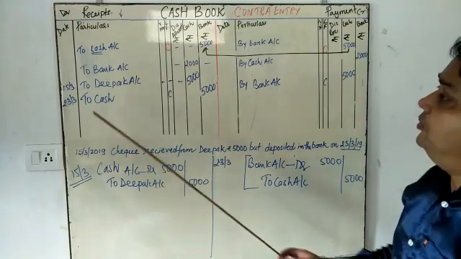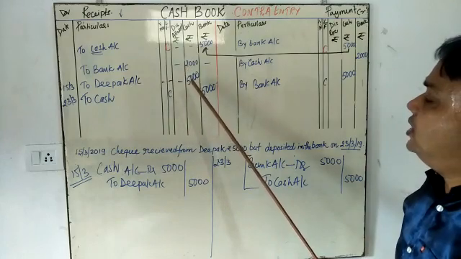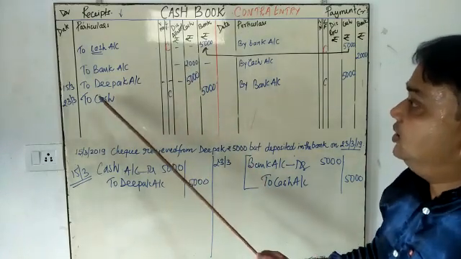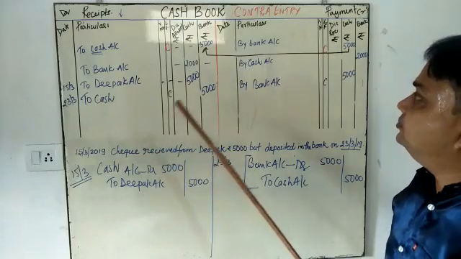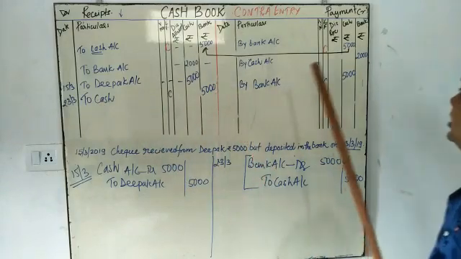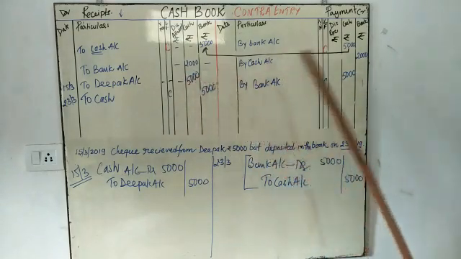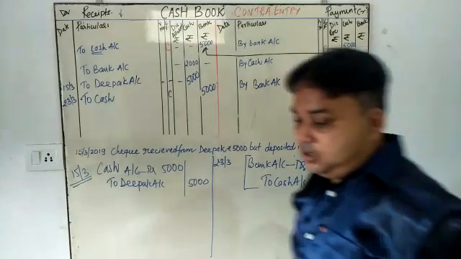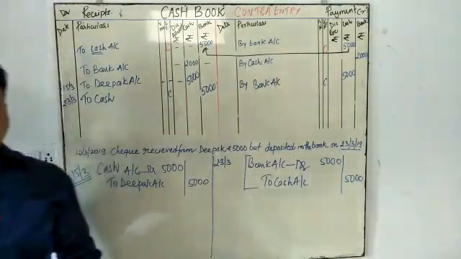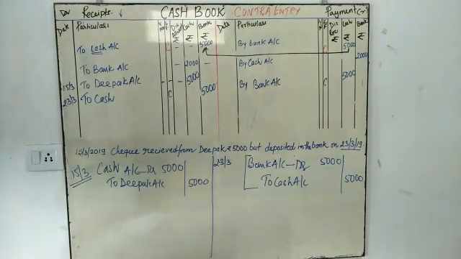So see here, when Deepak has given a check, you put 5,000 rupees in cash. On 23rd, what will happen? Your bank is going to be increased by 5,000 and your cash is going to be decreased by 5,000. So this is the contra entry. Keep all these contra entries in mind, my dear student, because it is very important for your examination. Thank you.